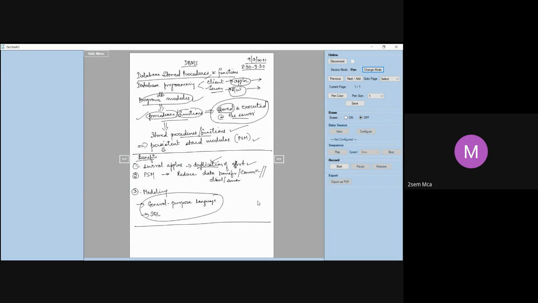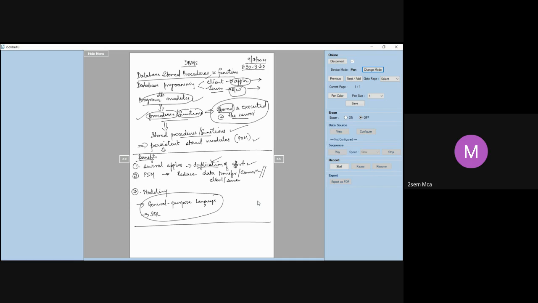You can make use of complex types of derived data to be made available to the database user. Because sometimes on the client side, certain facilities may not be supported. Your client machine may not support certain data types, so you may not be able to do some kind of complex programming. But since you are executing at the server itself, that problem can be avoided. Any complex data type can be used because you are running it on the server side only.